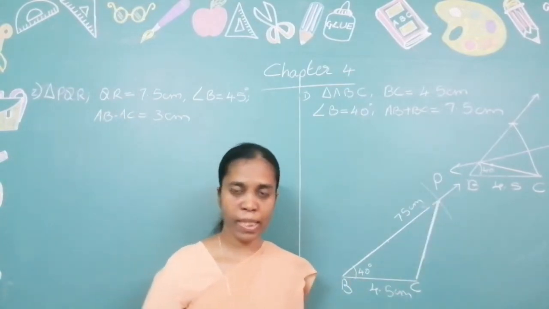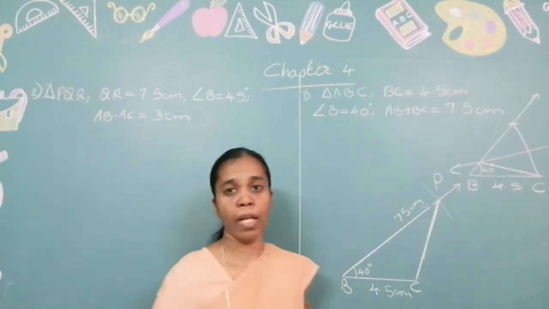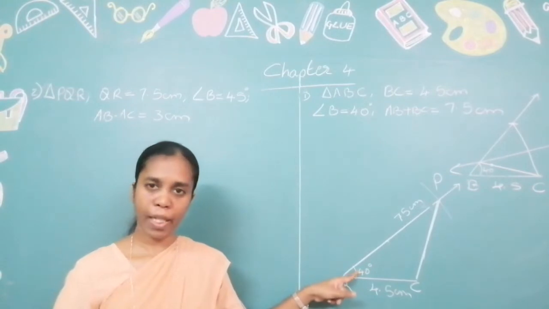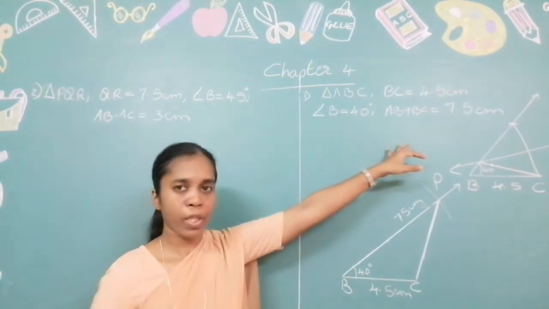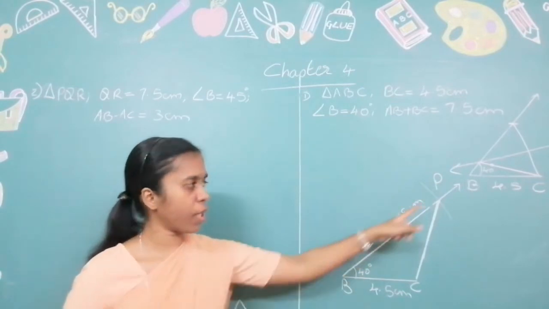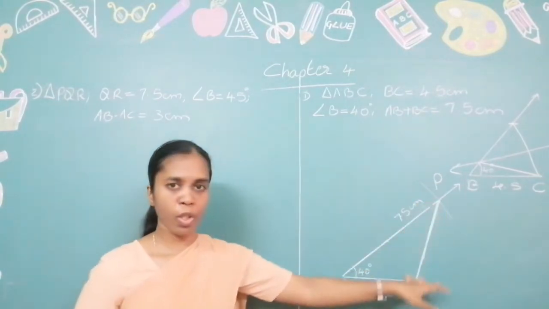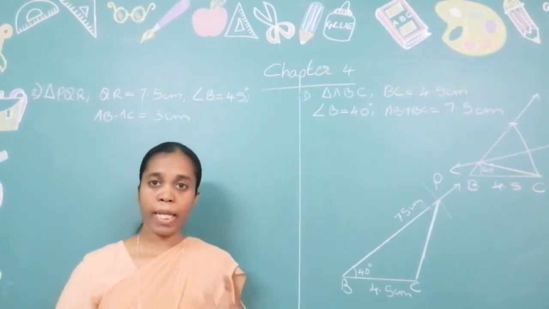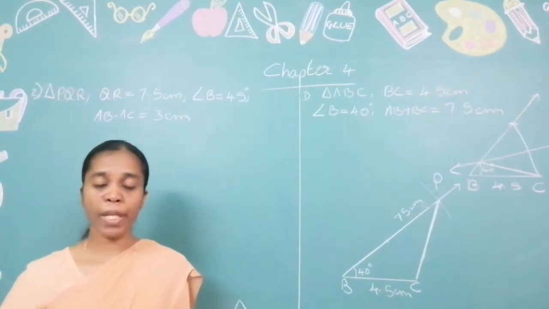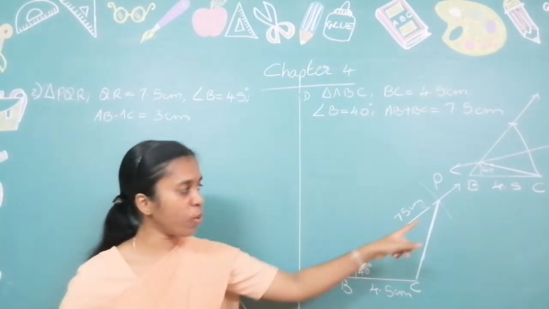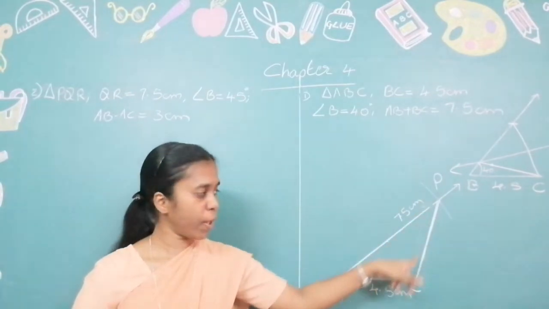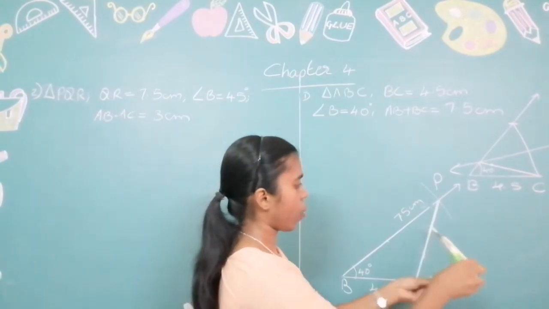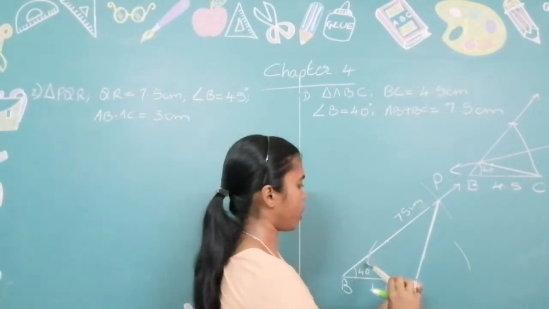Now the next step. Till here it will be simple and easy. I repeat. First base. Next is angle. So draw a ray. What is the third measure? Whatever is the sum of the other two sides. Mark it on that ray. Whichever is that point, join to C. Now the next step is very important. Next step is to draw a perpendicular bisector of the newly constructed segment. Perpendicular bisector of this segment. Now how to draw a perpendicular bisector? Take more than half. Mark both the sides.